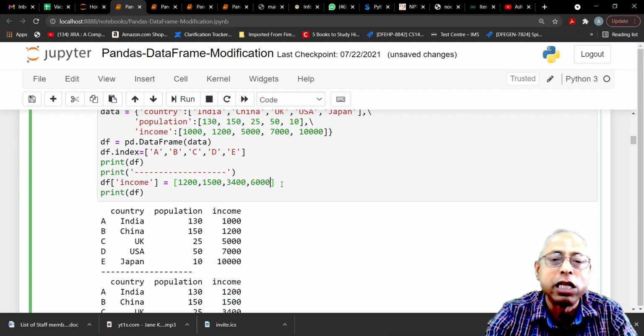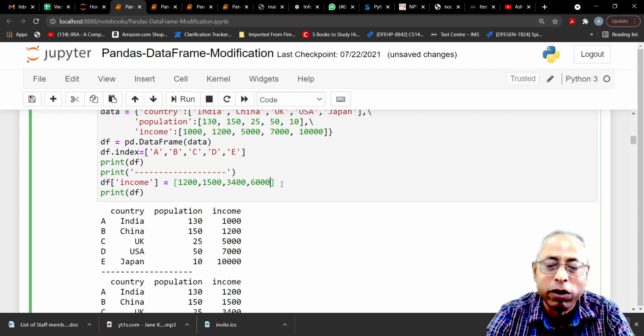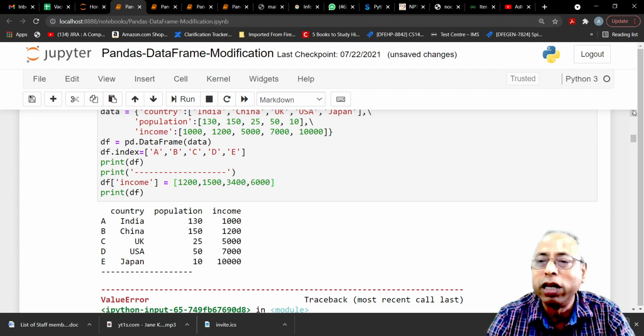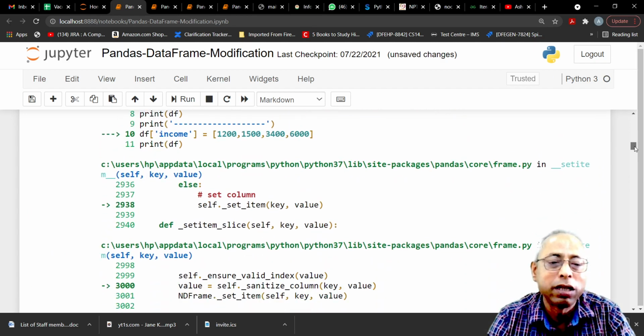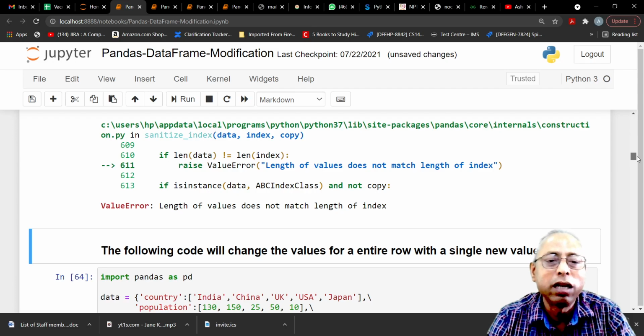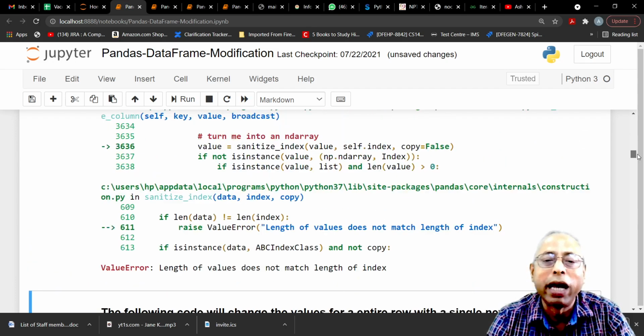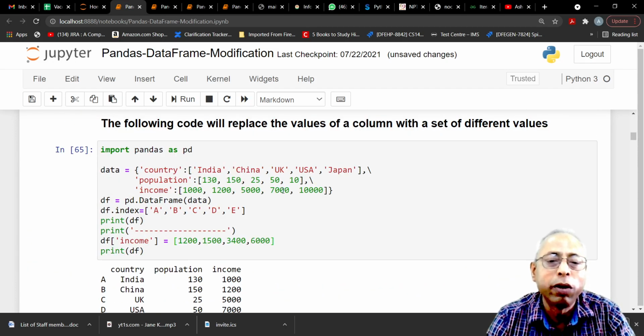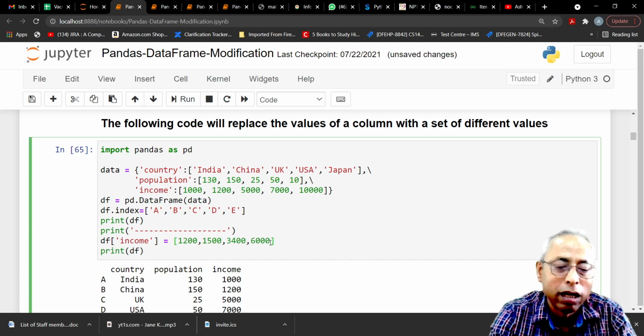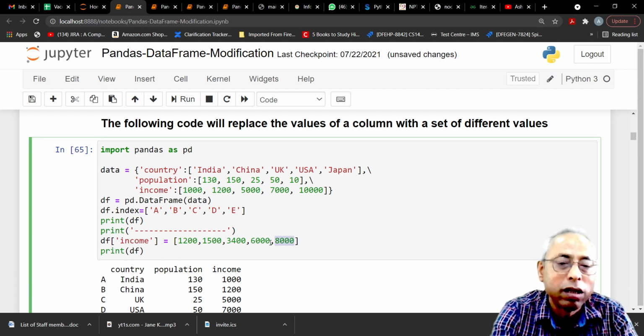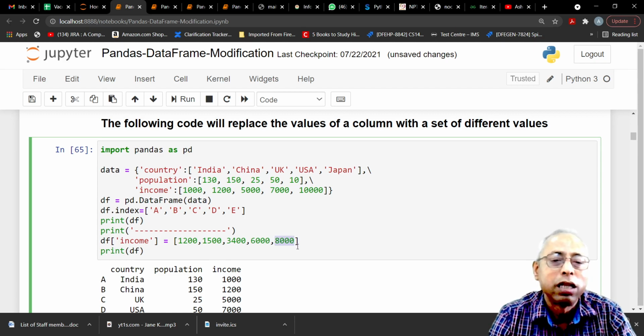If we do it this way, you see there is an error. It will throw an exception, a ValueError: Length of values does not match length of index. So be careful about providing an equal number of elements for the column as in the original data frame.